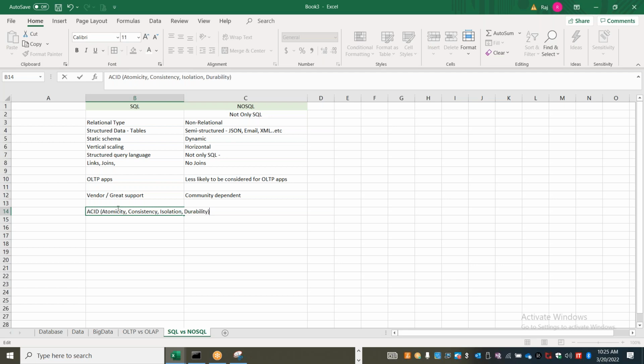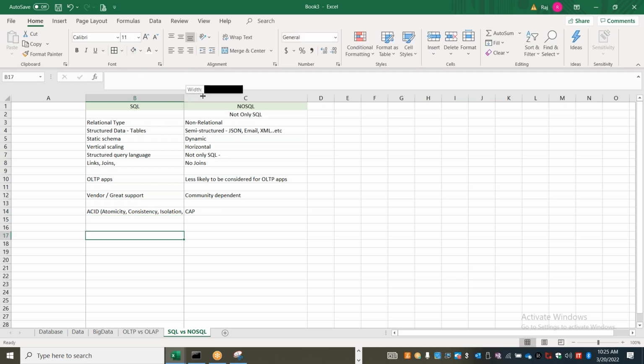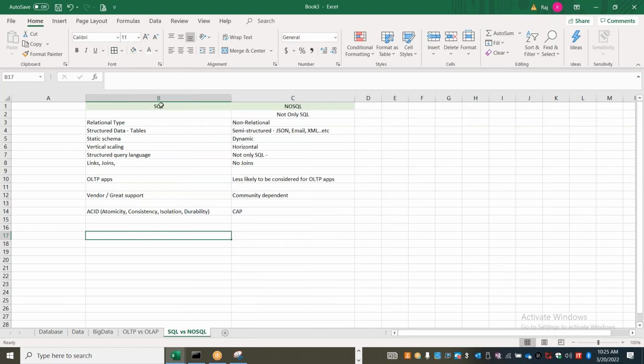So these four properties are very important for the content that you are storing in a SQL database, but they are not as important as in NoSQL. The CAP theorem is a little different, so it also considers consistency and all those things, but it need not be as consistent as a SQL database. SQL databases hold business critical data. We are dealing with the financial system or marketing and all those things,